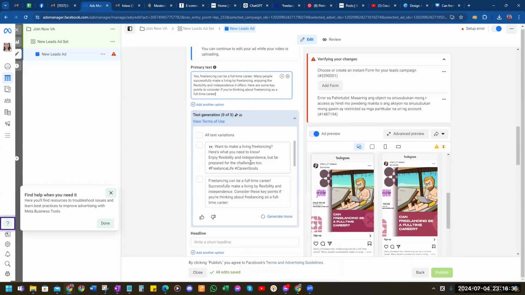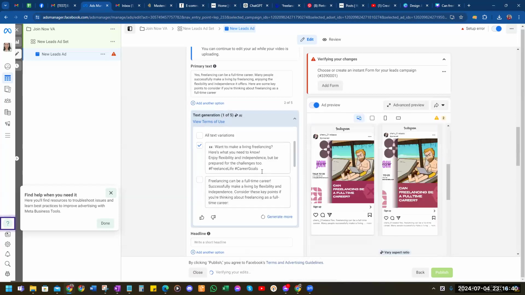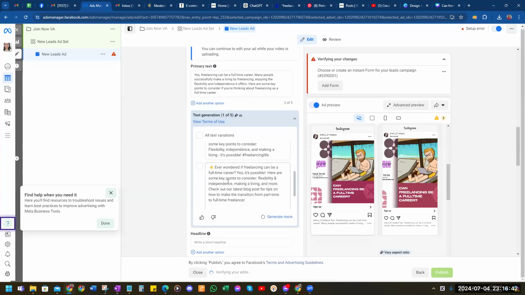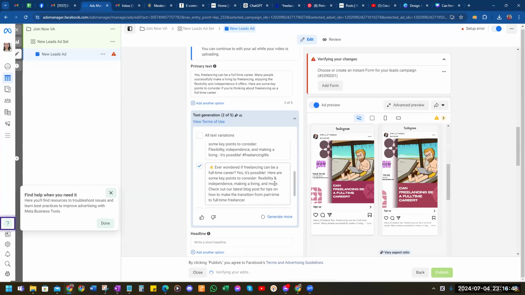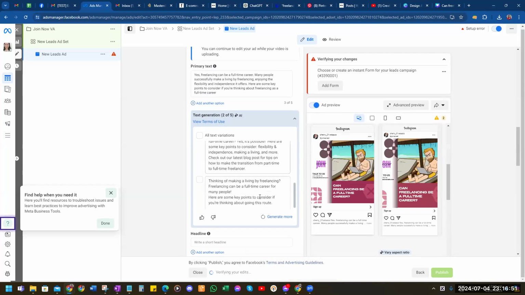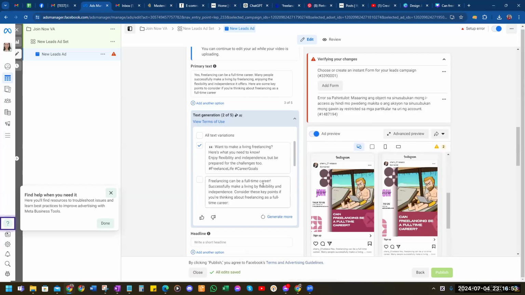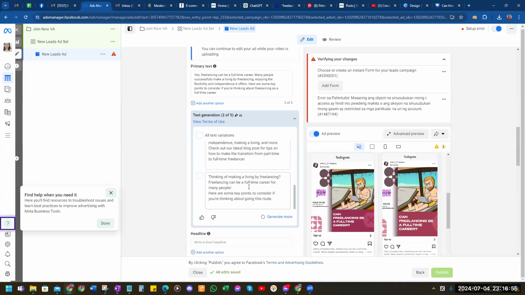And then wants to make a living for freelancing. Love this. Freelancing. Ever wondered if freelancing can be a full-time career? Yes, it's possible. Here are some key points to consider: flexibility, making a living, and more. I love that. That's it.